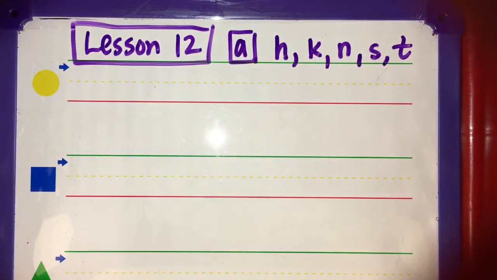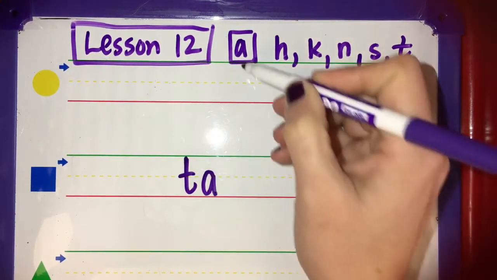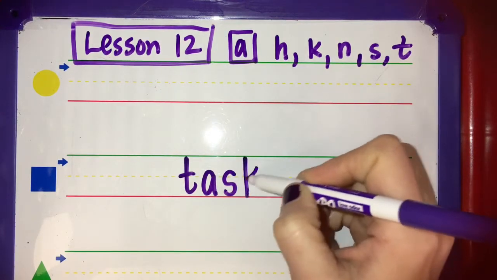Our next word is, again, pretty different than the word than, so I'm going to erase it. It's a four-letter word. The word is task. T-a-s-k. Task. I want to make sure you're segmenting just like Miss Heller is, so make sure you're doing that with me. Task. T-a-s-k. Task. This segmenting helps you spell words because you can hear each sound in the word. T is a T, A as an apple, S, K,